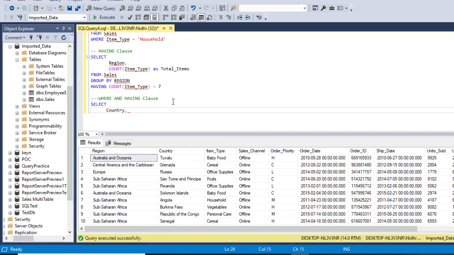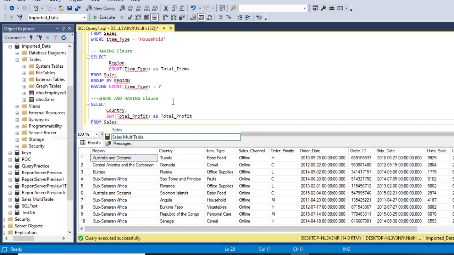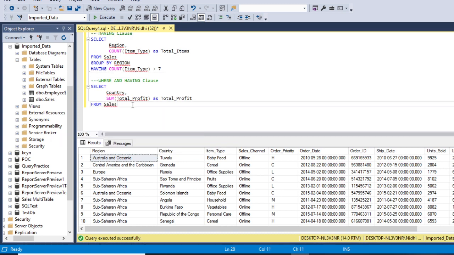So we will specify the column name, and then we want sum of total profit as total profit. Now we will specify the table name, from sales, and since we have used the aggregation function, we need to use the group by clause. So group by country, so we are grouping our data by country.